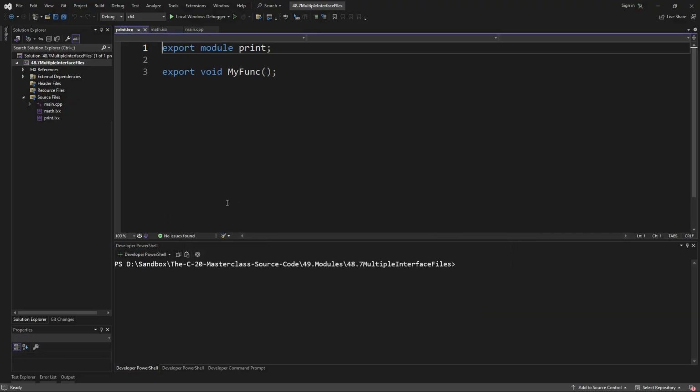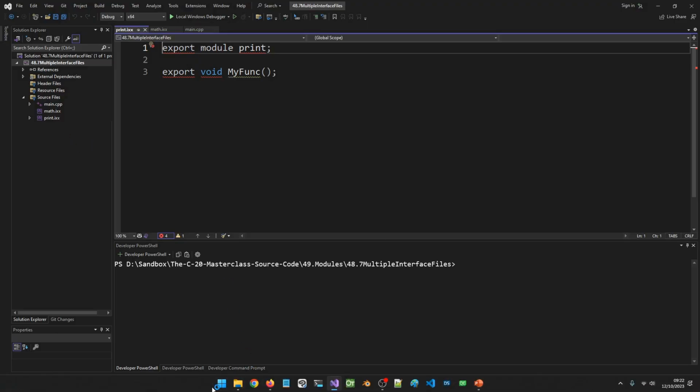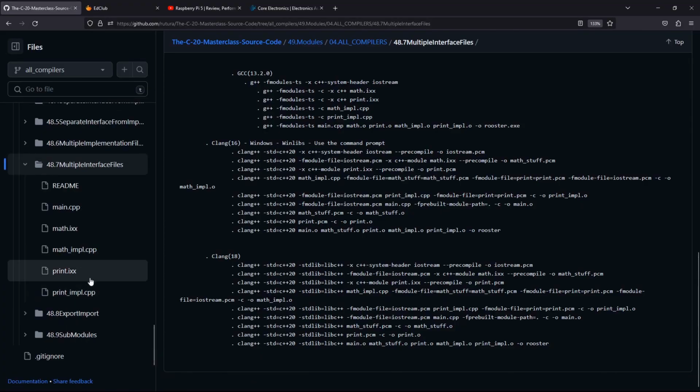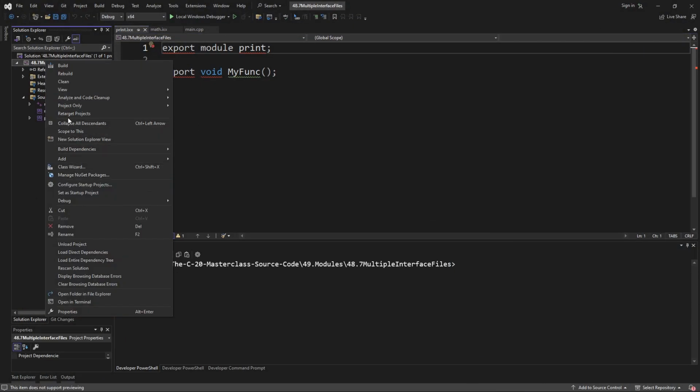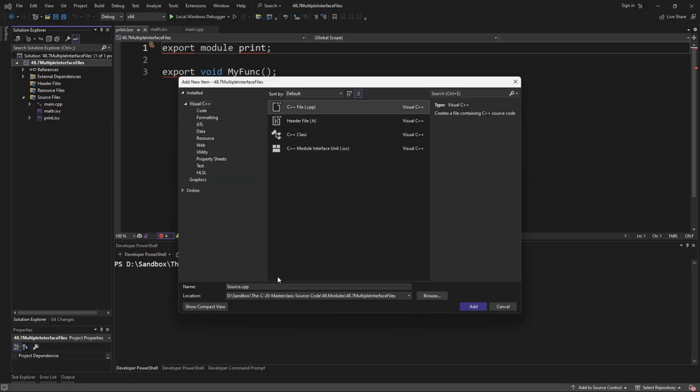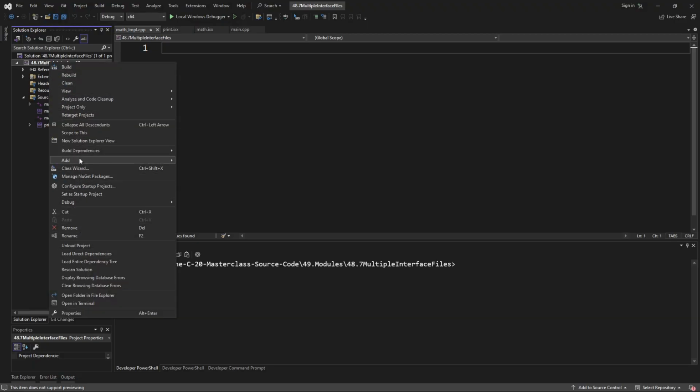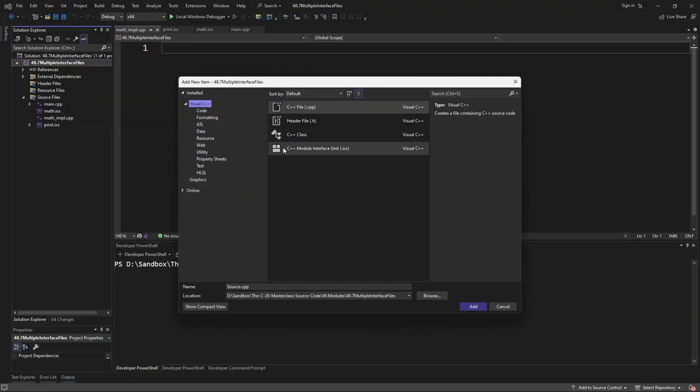print.ixx, and we will add the implementation files. Let's look at the names to make sure I don't mess up here. We have math.impl and print.impl. Let's do that. So add, it's a C++ file, math_impl. This is the naming convention we have chosen. And we have to add print.impl. So let's do that, add new item, a C++ file, print_impl,